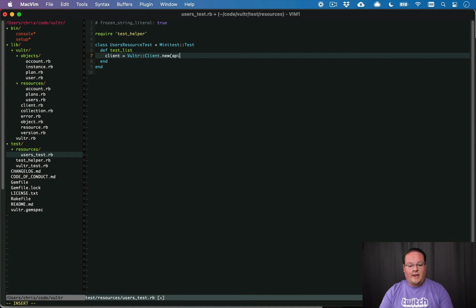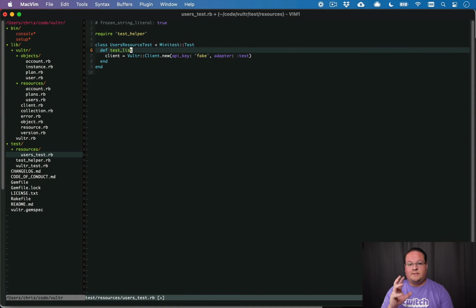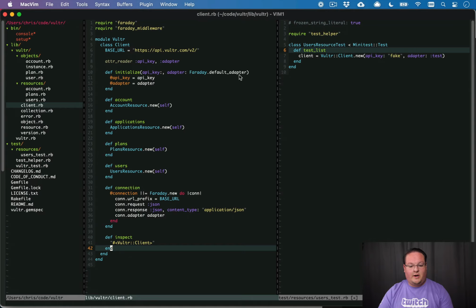And we're gonna have an API key here that's fake. So this is gonna be fake or test or just some invalid API key, because we don't want our client to actually hit the real Vultr API. So there is a stub or a test adapter for Faraday that allows you to write stubs that will actually intercept the requests and return you a fake response. So it never actually tries to make a request. And this stuff is kind of already working because our Faraday adapter